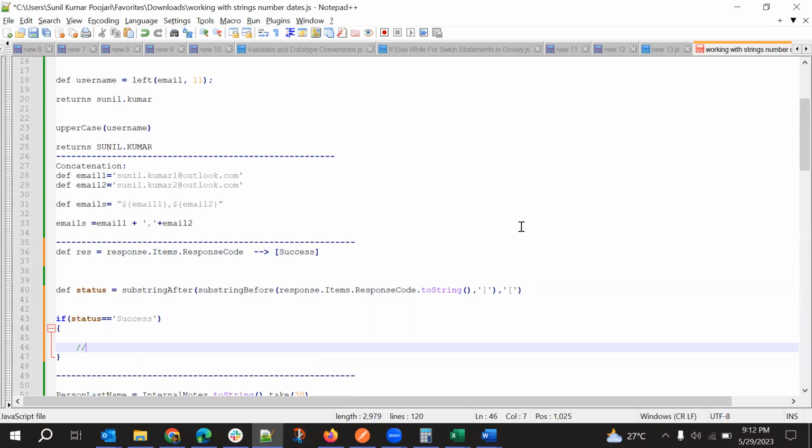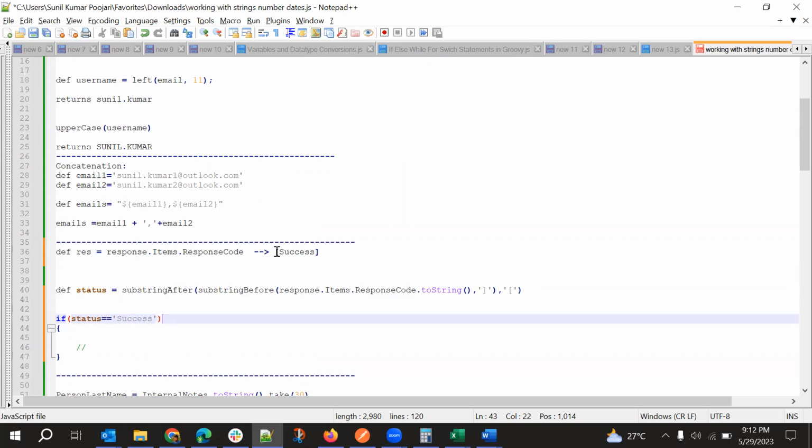I don't want this. Since this is a map, right, and it is a list, one way to check this is through the contains function. We can use one more function, but sometimes